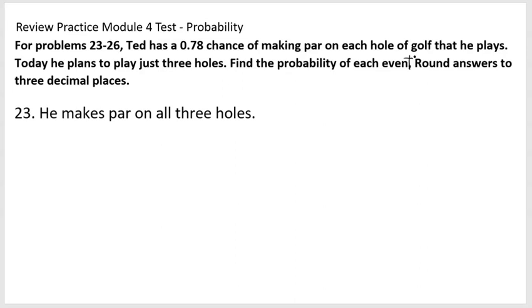So Ted makes par on all 3 holes. That means the first hole he makes par, so there was a 78%, or 0.78, or 78/100ths chance. Does the second hole have anything to do with the first hole? No, it's just the second hole, so 0.78. And then the third hole would also be 0.78. You just multiply those 3 together, and we're going to get an answer of